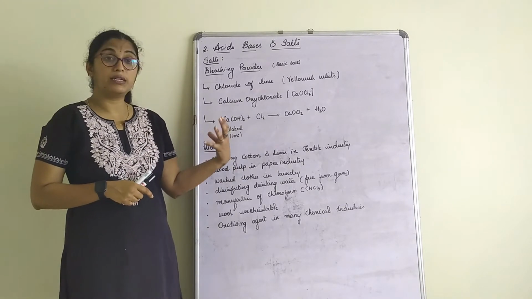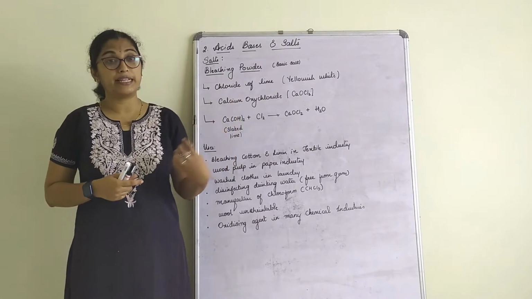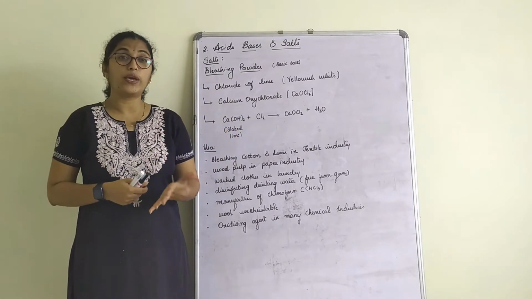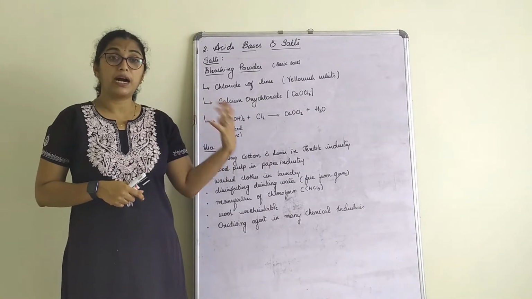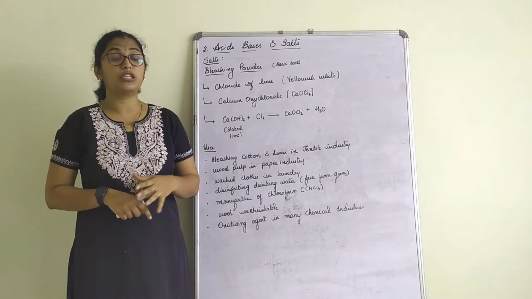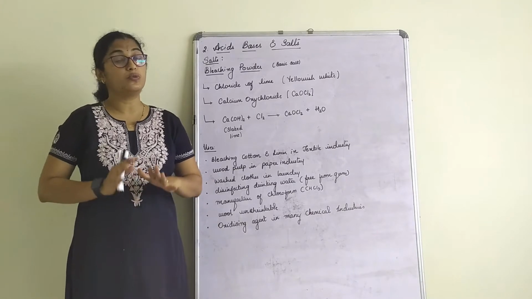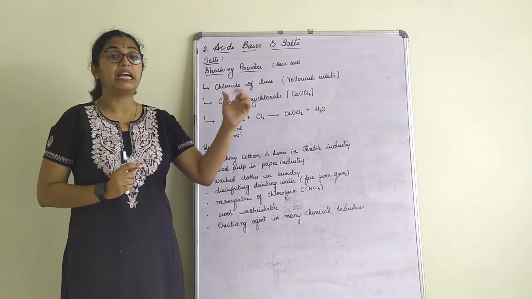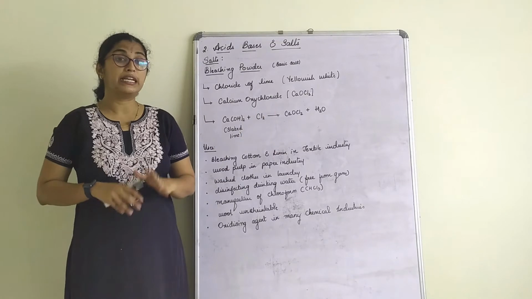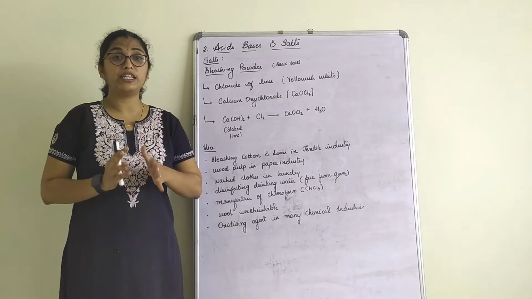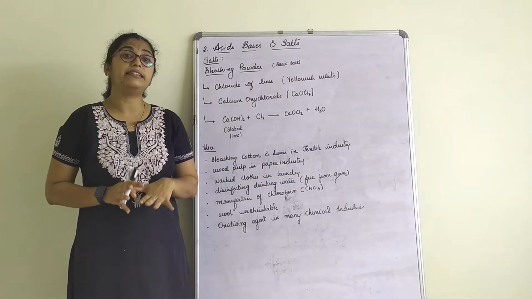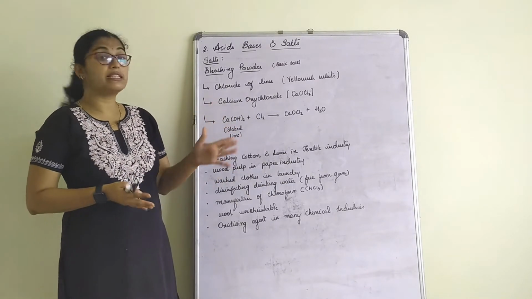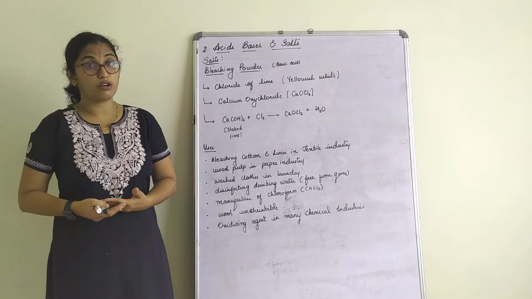So we prepare sodium hydroxide by using a brine solution, that is nothing but aqueous sodium chloride, and when it is electrified, that is when we pass electricity through the solution, it decomposes into sodium hydroxide, hydrogen and chlorine. We have extensive, wide usage of sodium hydroxide, chlorine and hydrogen in different fields. So in today's class, we will be studying a few more salts.